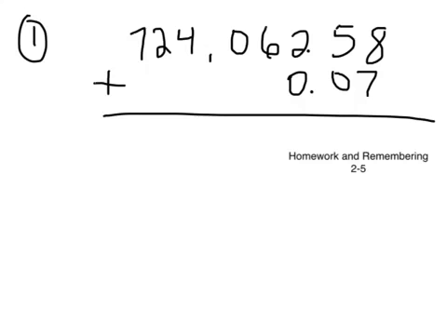So if number 1 tells us to increase the number by 7/100ths, you should set it up how I have it written here on your screen. 724,062 and 58/100ths plus 7/100ths. So we start all the way down here in the hundredths place. 8 plus 7 is 15, so you put a 5 down